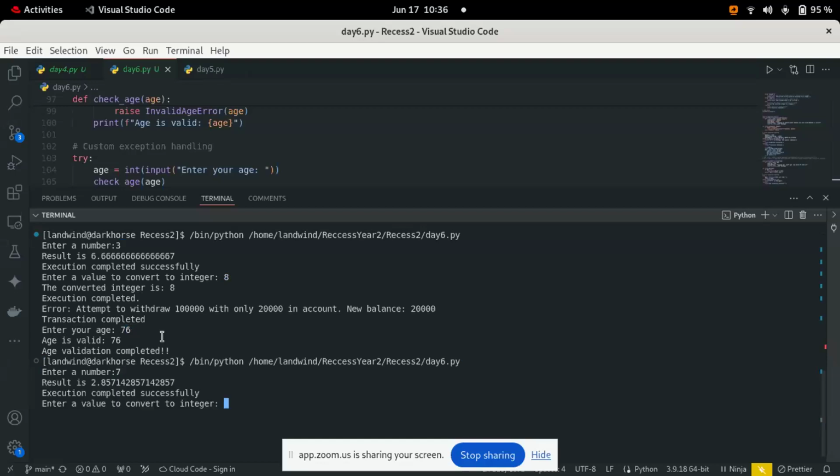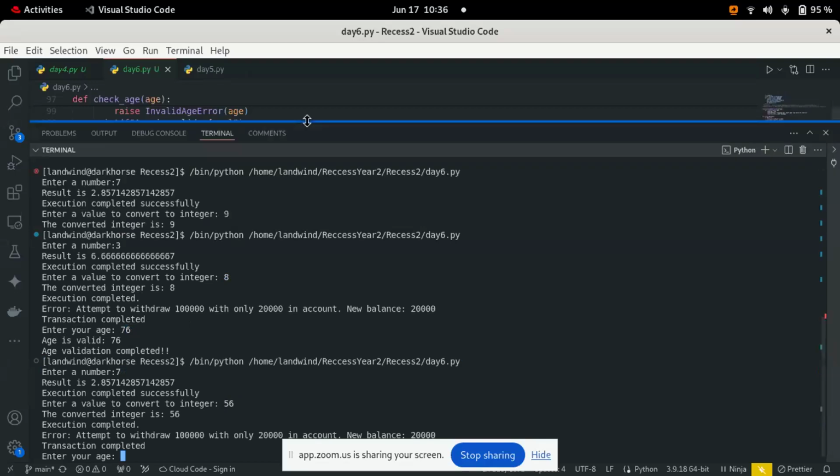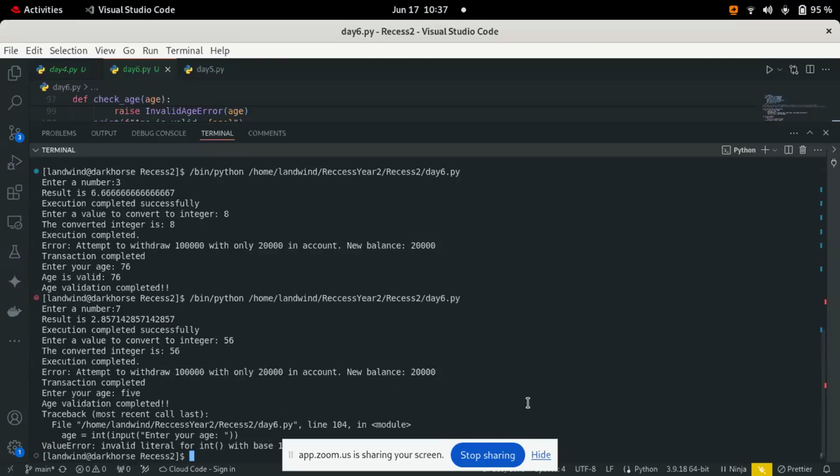Then let me try using a string and see what can happen if I use a string as the edge, because sometimes I'm taking in edge input. So if I put 5, because 5 is ultimately a string, it is not an integer, then I see the int parse error is also triggered on the screen. So I guess that's all I had. Thanks for listening.